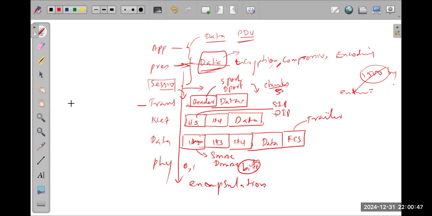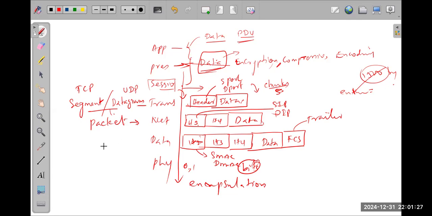That portion is called a segment, correct? I'm writing here, it is called segment, or it is called datagram. If it is using TCP, it is called segment. If it is using UDP, it is called datagram. This is the protocol data unit available in the transport layer. When it comes to the network layer, it will be converted to packets, right? Packet is going to have all layer 3 information, that means IP addresses, and the H4 information as well as the data.